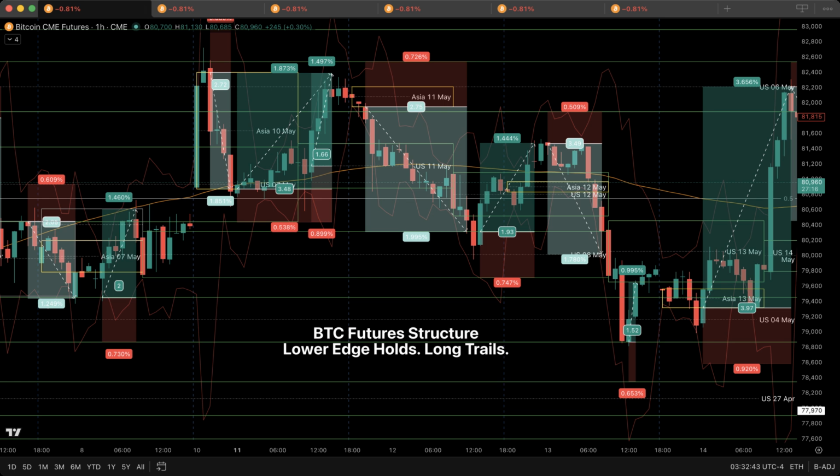If the move extends again, a second trail can be split more carefully. A conservative trader can go 50%, then 30%, then 20%. A balanced trader can go 25%, 50%, 25%. An aggressive trader can go 20%, 30%, 50%. But the percentages only matter after the structure pays. They do not rescue a weak entry. They do not fix a broken stop. They do not create distance. Price must do that first.